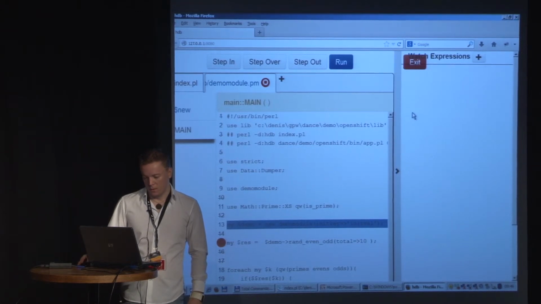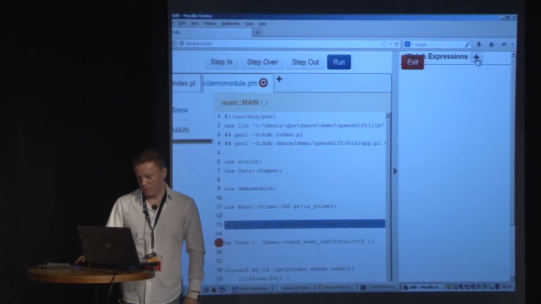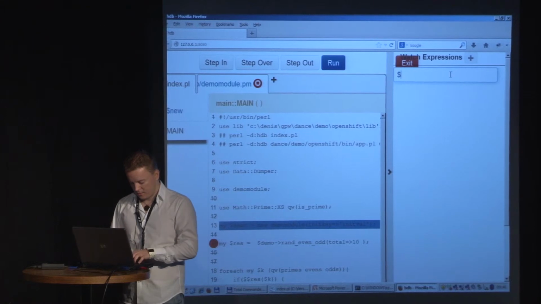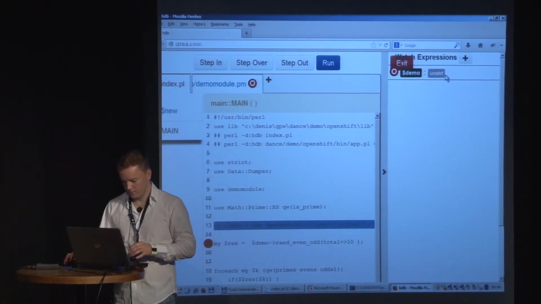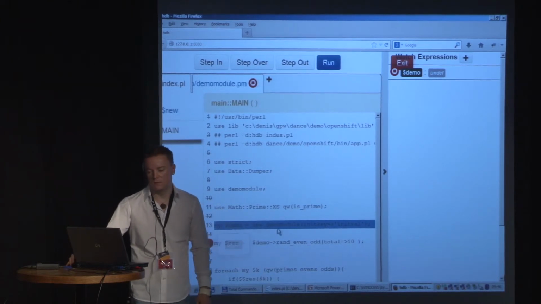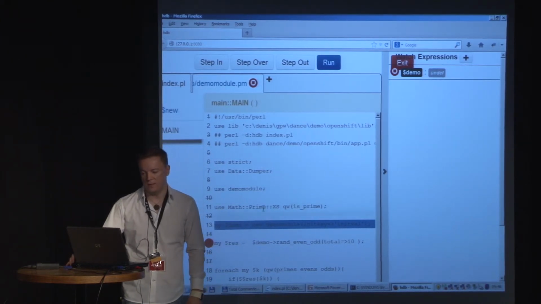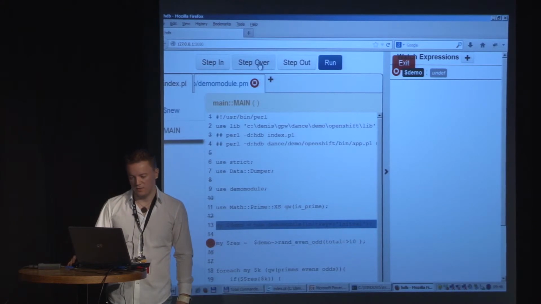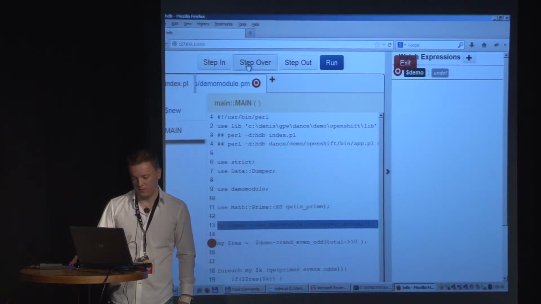So what else can we do? We can add watch expressions like, let's see, demo. Demo is undefined yet because we are on this execution line. And when I just say step over,